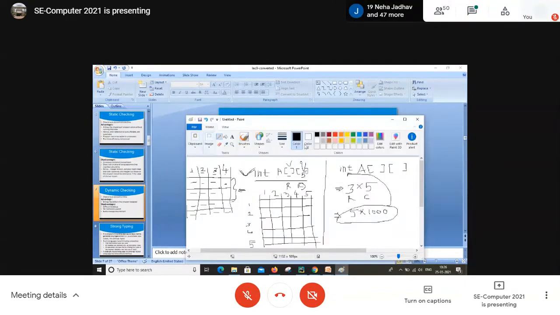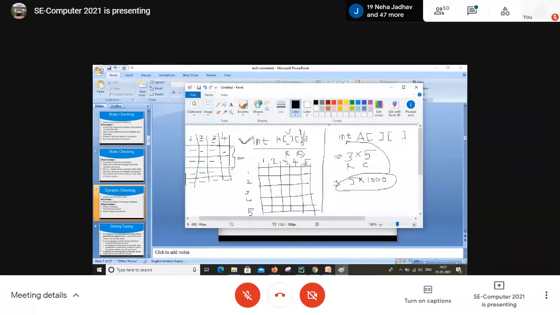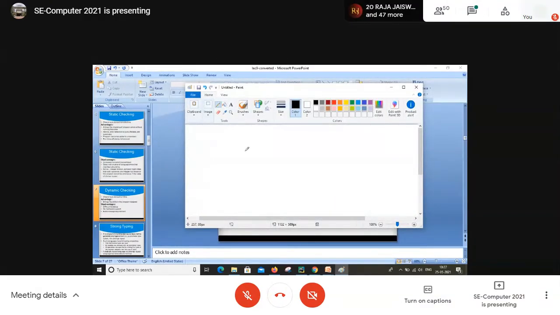I'll give a very simple example to understand dynamic checking. This is my array. Array of certain size, let's say 5. 1, 2, 3, 4, and 5.